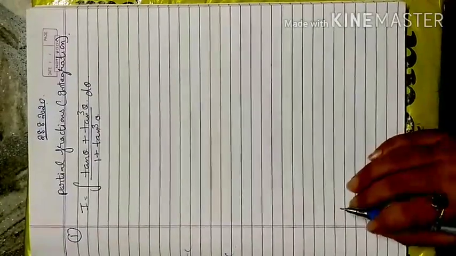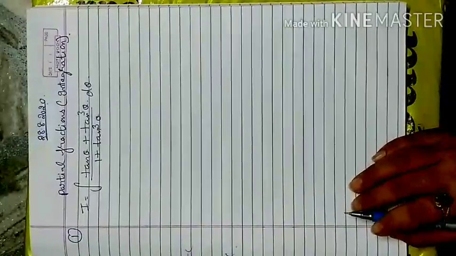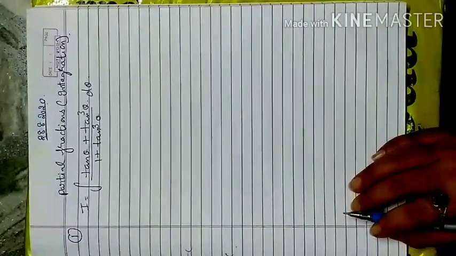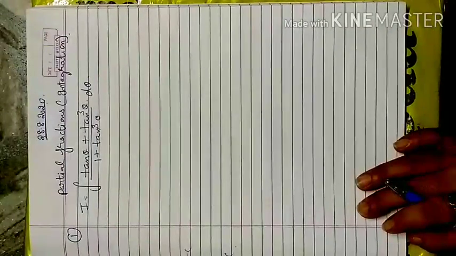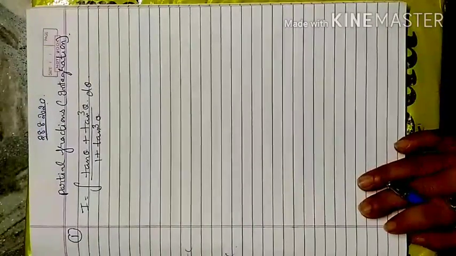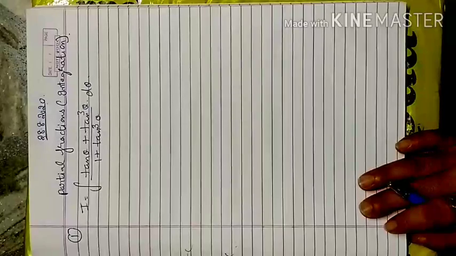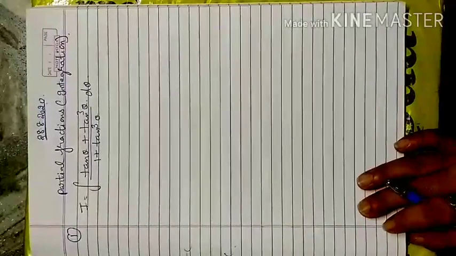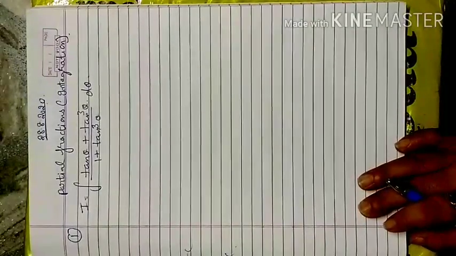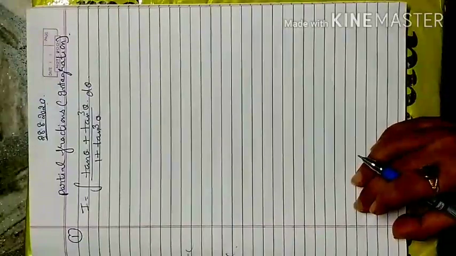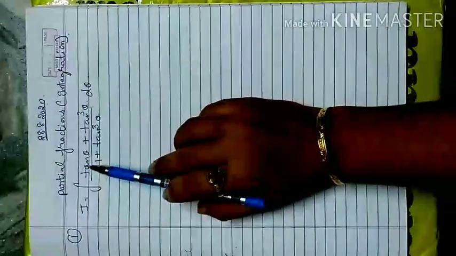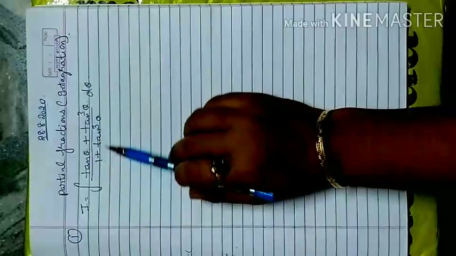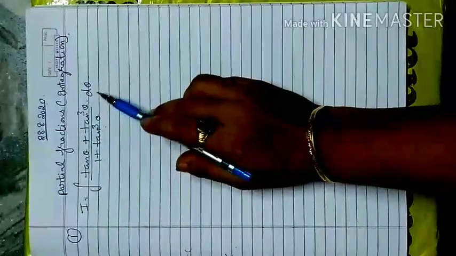Today we will discuss further questions of partial fractions. We already discussed the case of a linear factor in the denominator, and a quadratic factor in the denominator, and how to solve those. But sometimes, when a trigonometric term is there, it is hard to identify whether it is a partial fraction problem or not. In this regard, I have one exercise question: the integral of (tan theta plus tan cube theta) over (1 plus tan cube theta) d theta.